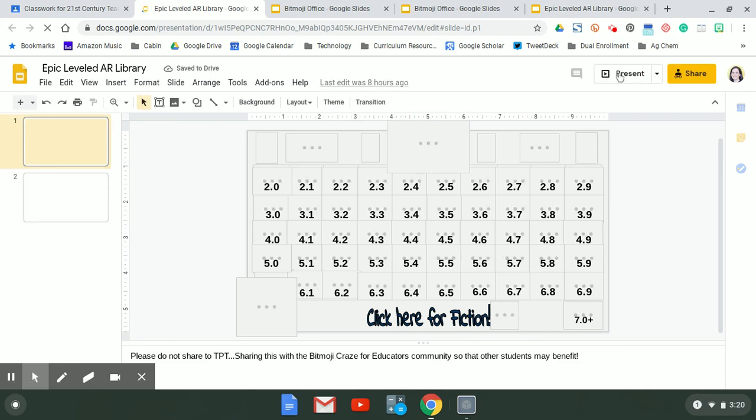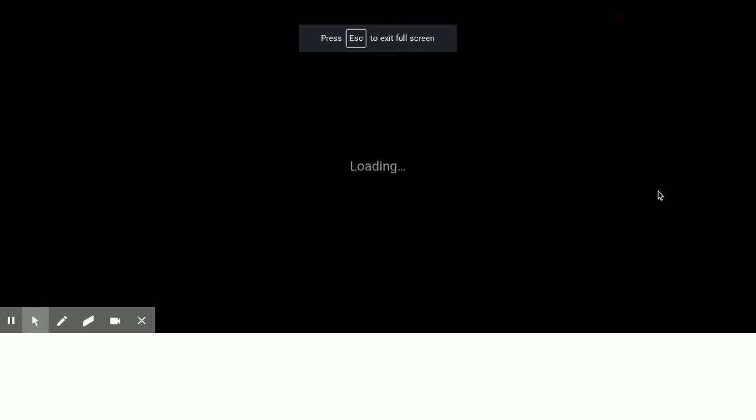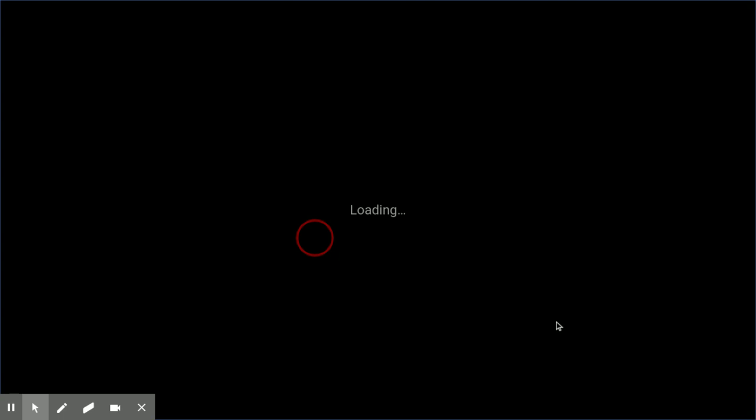All right, so we're going to go ahead and click the present button. And it's going to look really similar to the way that our little Bitmoji classroom did. When you publish this way, it'll look a lot like a web page as opposed to, man, we're taking a long time to load. I apologize. But you can